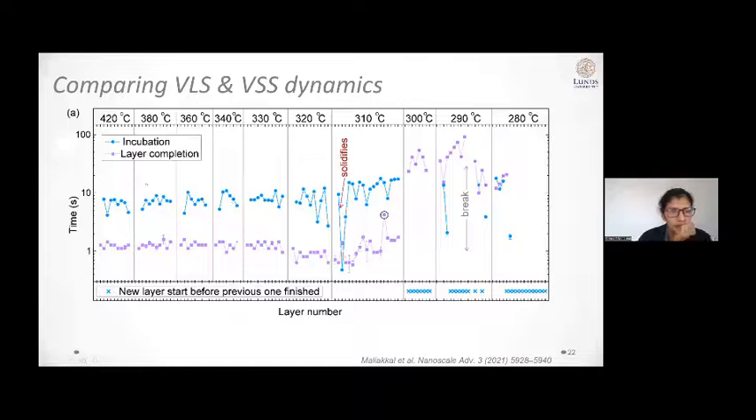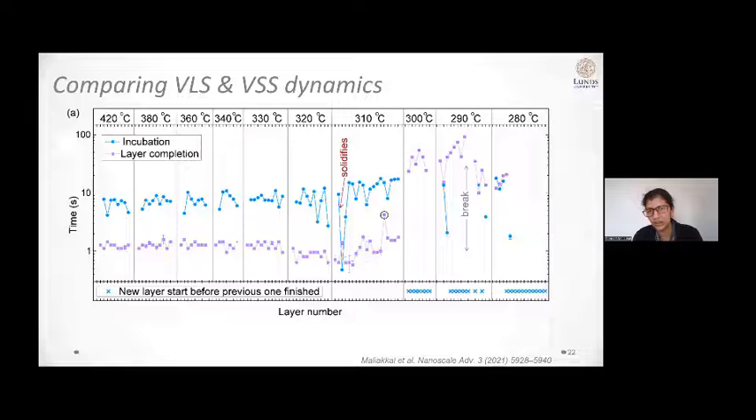So from 420 to 320, we see that the incubation time and the layer completion time are reasonably the same. And you see, once the particle solidifies here also, the incubation time and the layer completion time are very similar to that at 320 degrees Celsius, where the particle was in a liquid phase. And at slightly lower temperatures